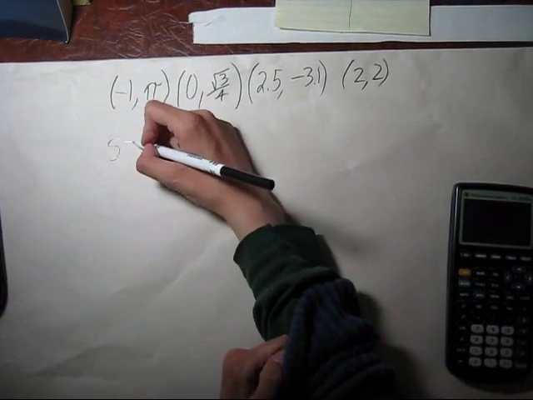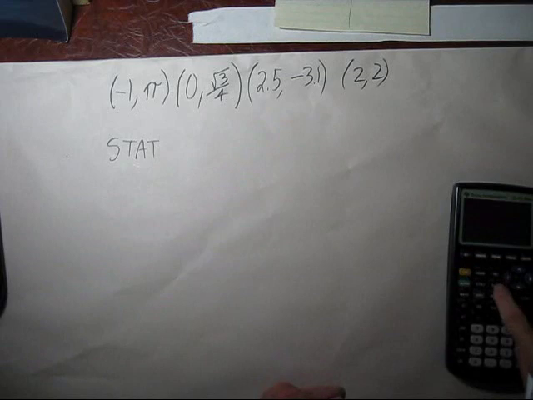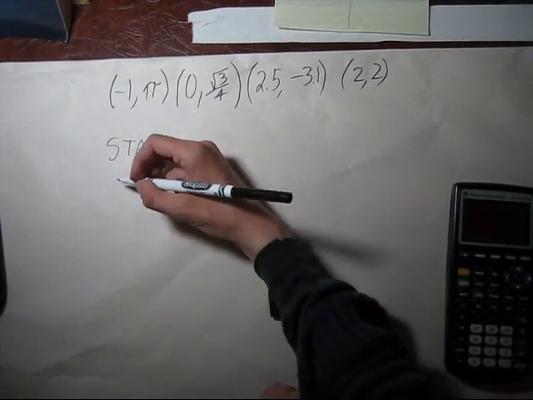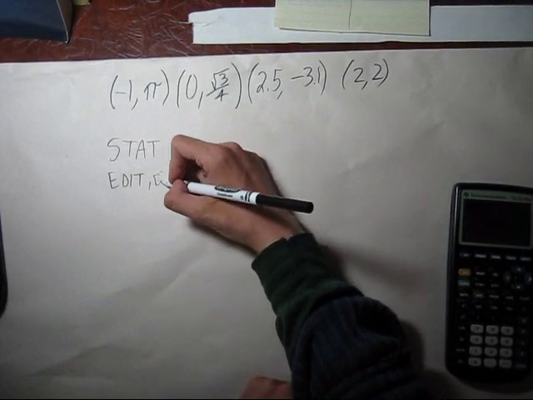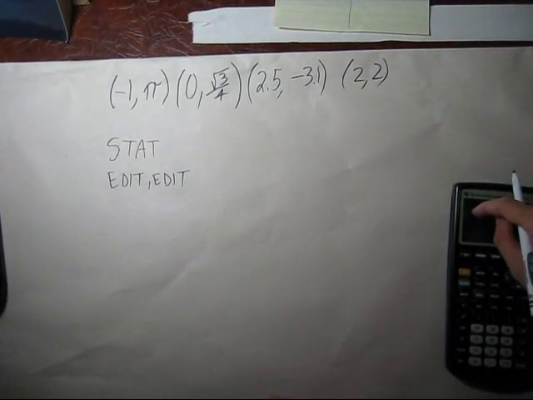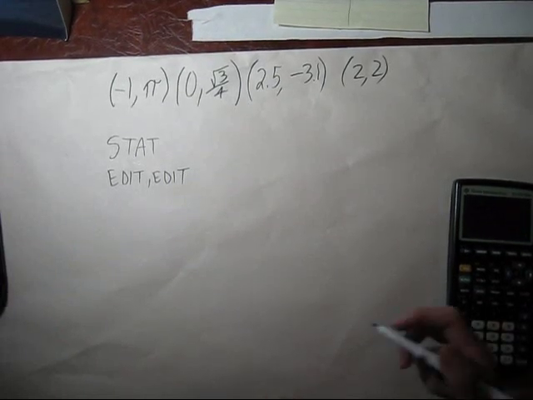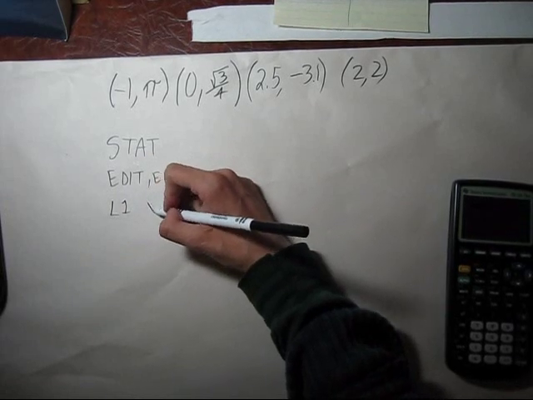So let's go to Stat first. It's the button below the delete. And we want Edit. Edit. So the top it says Edit and then number 1 says Edit. So you hit Enter. We're going to have L1 be our X values